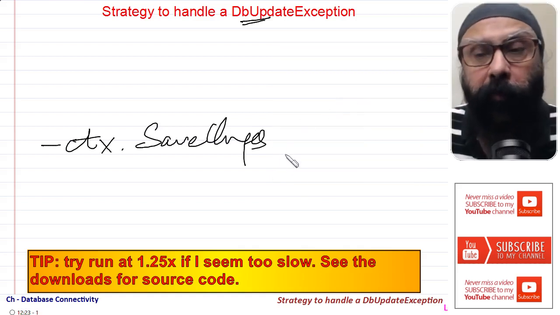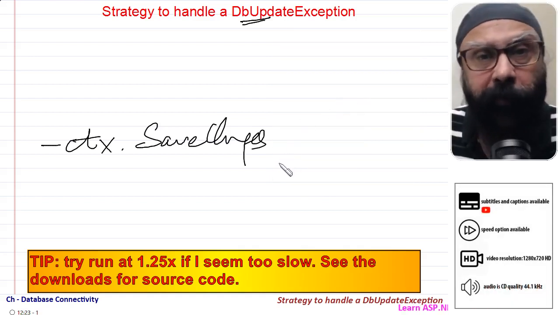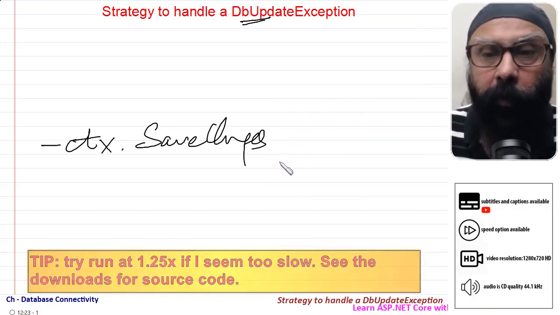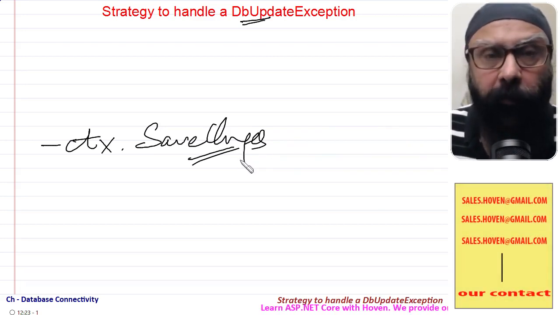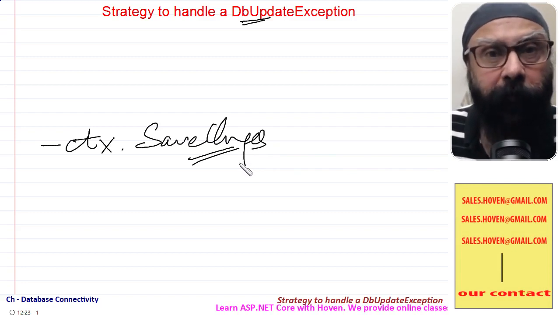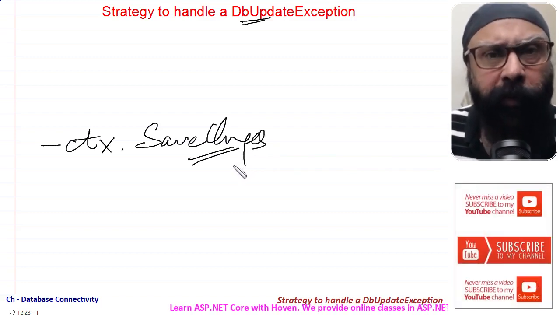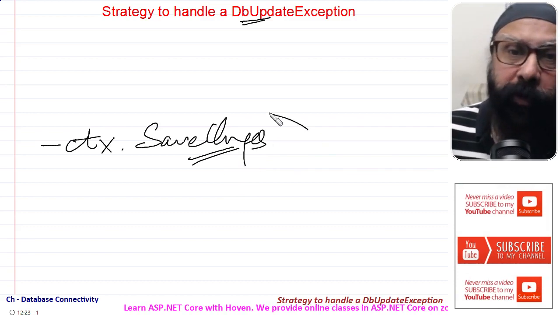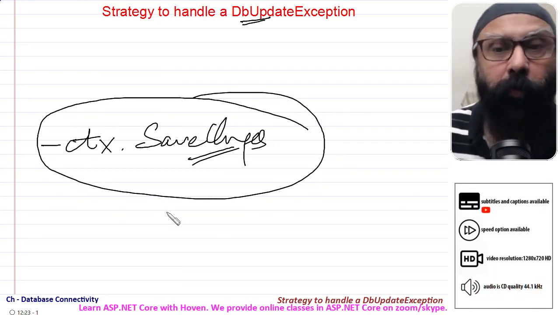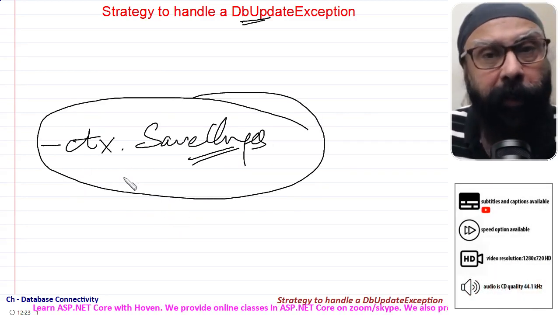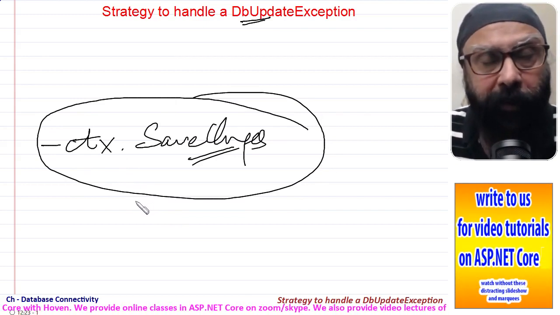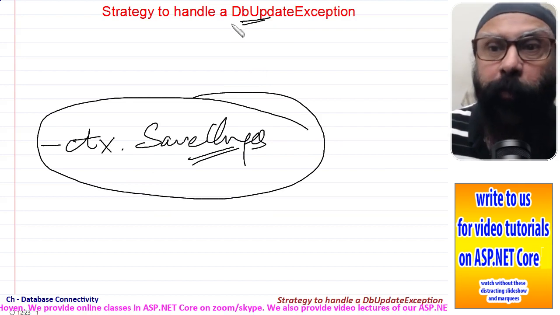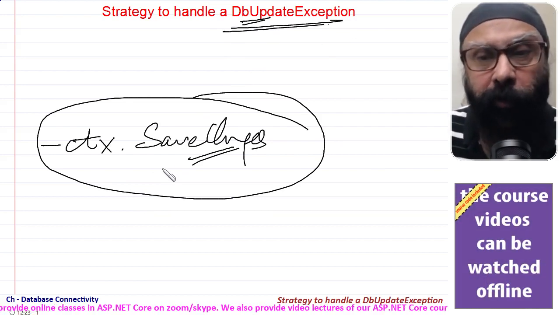In that case, we wrote a statement without any try catch. Now any save changes or any database update can fail. There are hundreds of reasons for failure, network failure, so many things are possible. So this is not the right way to call save changes by directly writing a statement. It is often better to use the try catch handler. That is the whole point, and I'll give you a scheme for doing that.